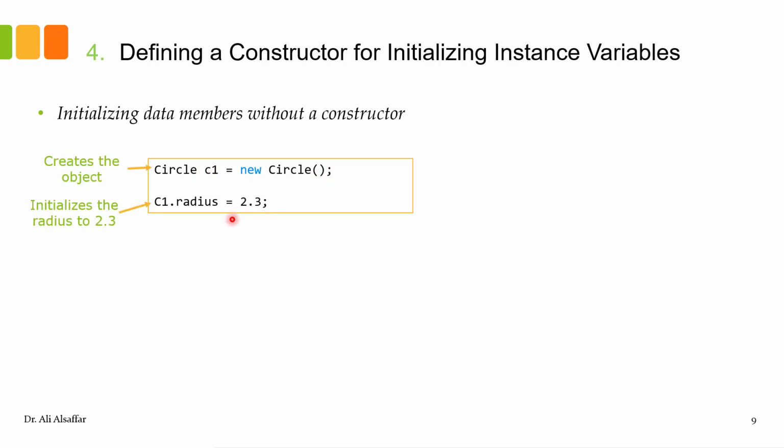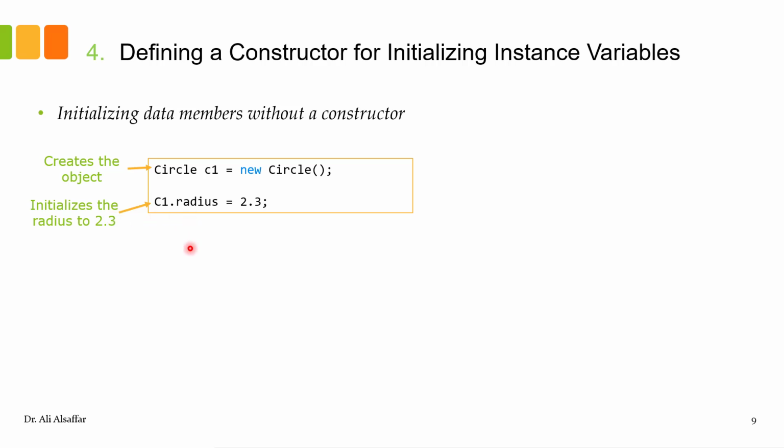Second step, you initialize the data one by one by using the assignment statement. So radius is the only data member or instance variable inside the class, and this is how you initialize it to 2.3. If it is not already initialized inside the class definition with any initial value, and if you don't initialize it explicitly here, you will get a syntax error. So you need two steps, one for creating the object, the second step initializing the data members or the instance